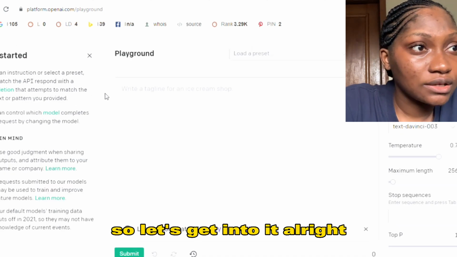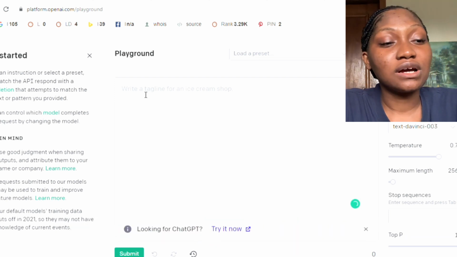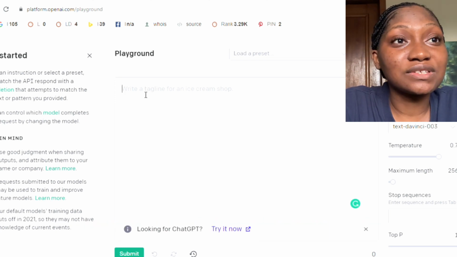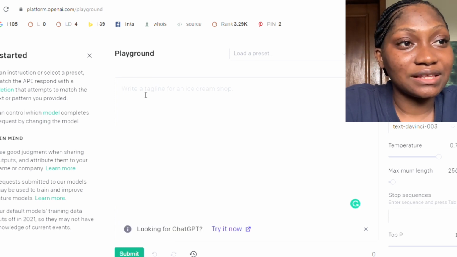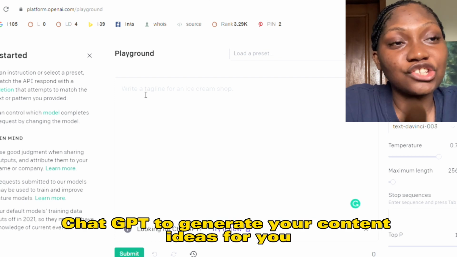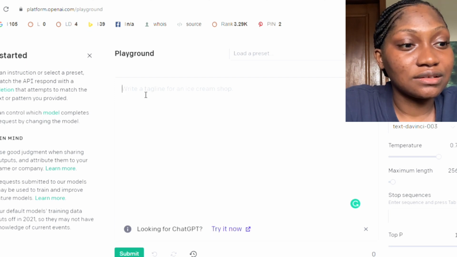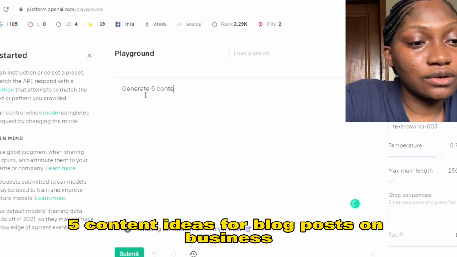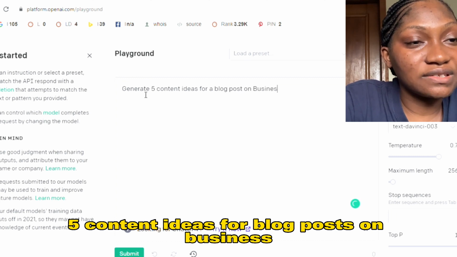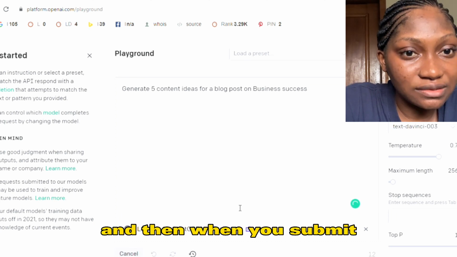Let's get into it. Here you can see you're already given a prompt to write a tagline for an ice cream shop. So let's say we want to write an article. Let's say I want to write something about business success. The first thing you want to do is ask ChatGPT to generate content ideas for you. So let's say something like: generate 5 content ideas for a blog post on business success. And then when you submit,